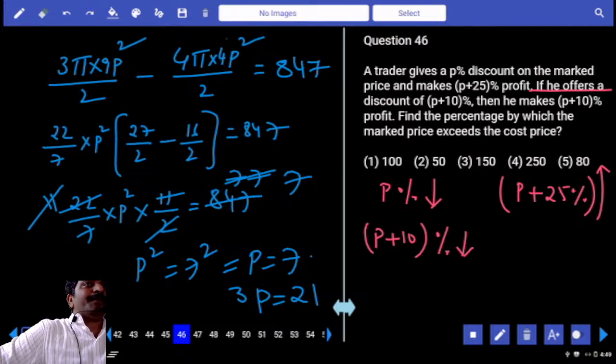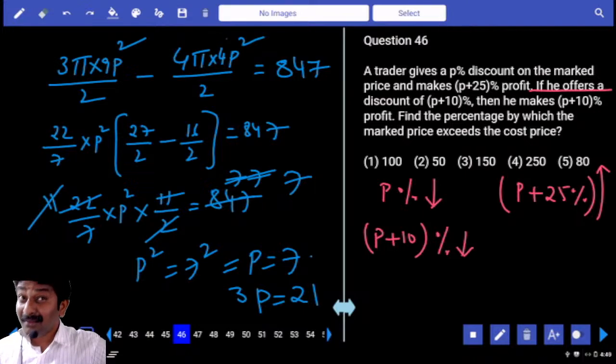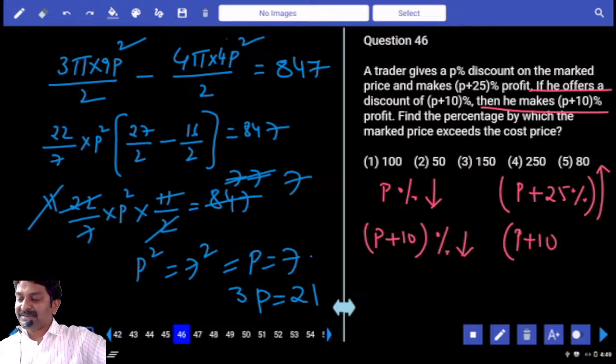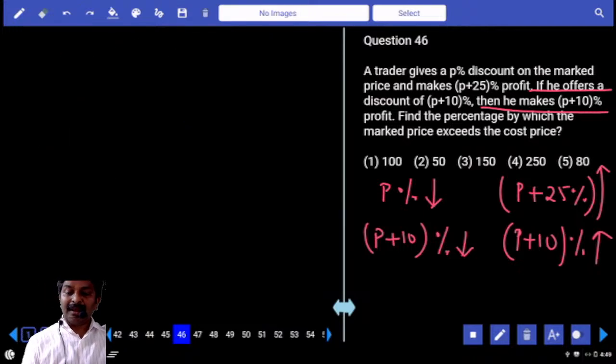When more discount is given, does profit increase or decrease? Decrease. Then he makes P plus 10% profit only. Now between the first case and then second case, discount increased by what percentage? Discount increased by 10%. Then profit decreased by? Profit decreased by, come on,